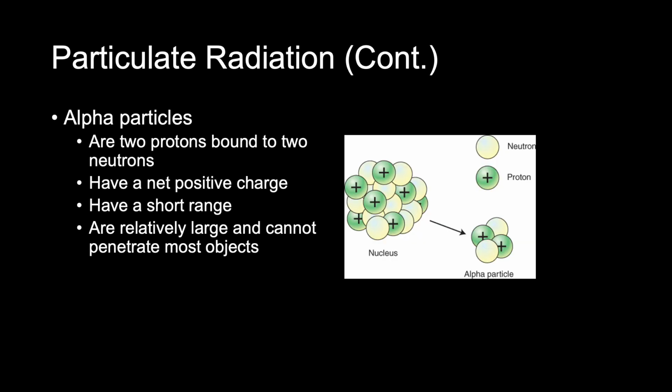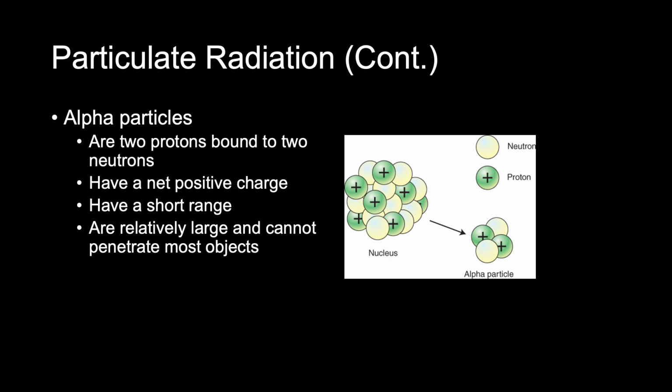An alpha particle is actually 2 protons bound to 2 neutrons. It's basically the same makeup as the nucleus of a helium atom. Alpha particles have a net positive charge, the 2 protons giving a charge of +2. For example, uranium-238 is naturally radioactive. Each uranium atom has 92 protons and 146 neutrons. When it decays and emits an alpha particle, uranium then has 90 protons and 144 neutrons